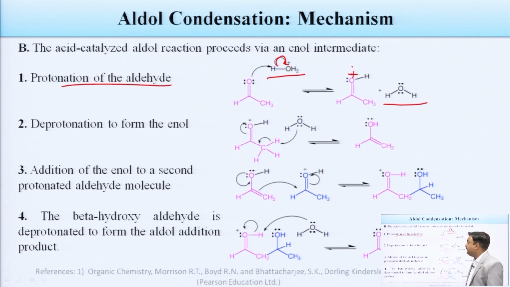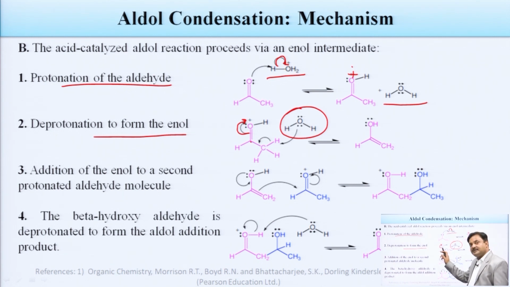In the next step, deprotonation occurs to form an enol. How is it forming? Again a water molecule is coming. Now, we know that a positively charged oxygen is very unstable. It does not want to remain positive, so what will it do? It will take these electrons. As soon as it takes the electrons, this carbon becomes negatively charged. As soon as this carbon becomes negatively charged, these electrons move towards here, and there is a formation of a new double bond. This hydrogen will go towards here, and you can see we are getting a new compound.